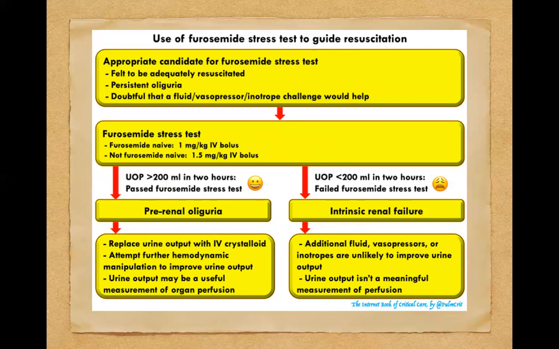So it's the same with just giving Sodibic to a patient who's in renal failure. It might change how the gas looks, and then you have this false sense of security that the patient is getting better. But all it's doing is changing the numbers. It's not changing how the kidney is functioning, and it's not changing the prognosis of the patient necessarily. It might buy you a little bit of time to get the patient to dialysis or for the vasopressors to work while you're getting the patient to dialysis. But it also gives you a false sense of security.